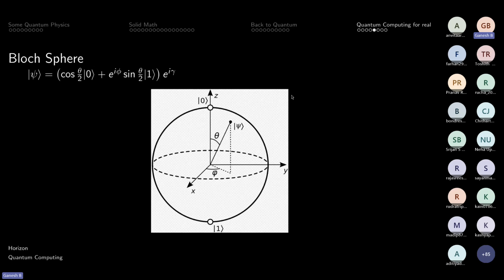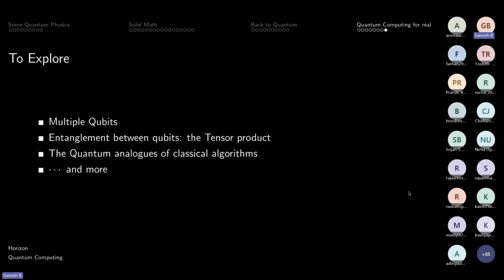Okay, so I think it's the right time to end the session. So this has been the basics. We have discussed some math, some basics of quantum computing, what qubits are, what electron spins are, their Dirac notation and stuff like that. So this should be enough to get you started with quantum computing if you want to learn more. There are some keywords that you want to look for if you're going to study more. We have only discussed single qubits, but there can be multiple qubits as well.